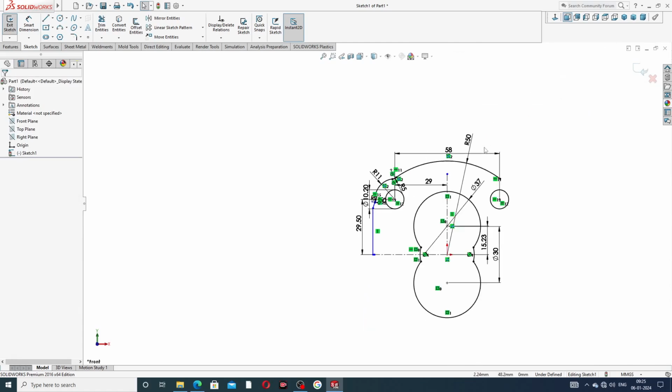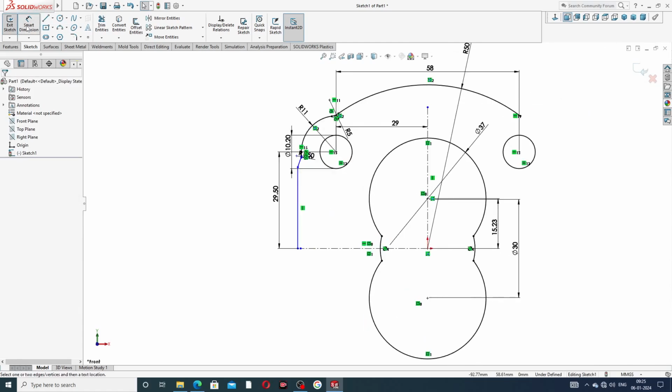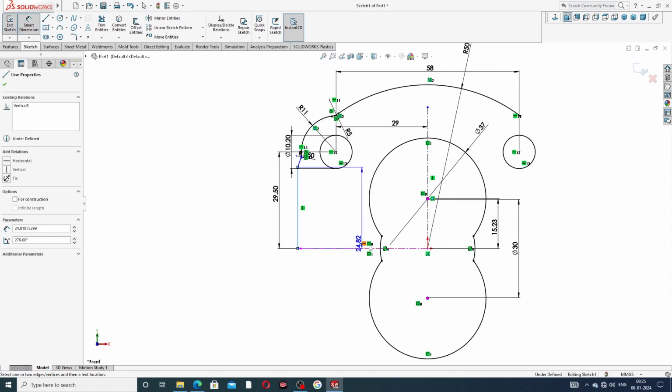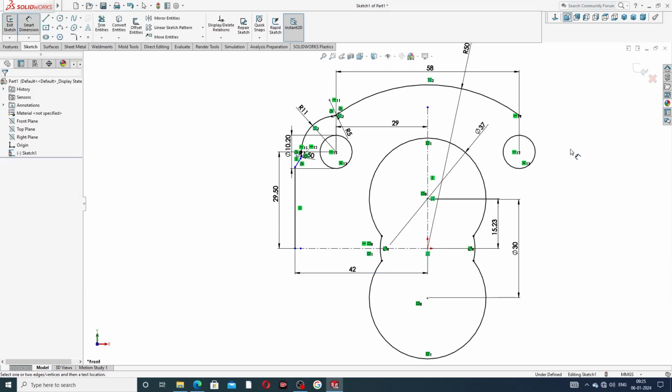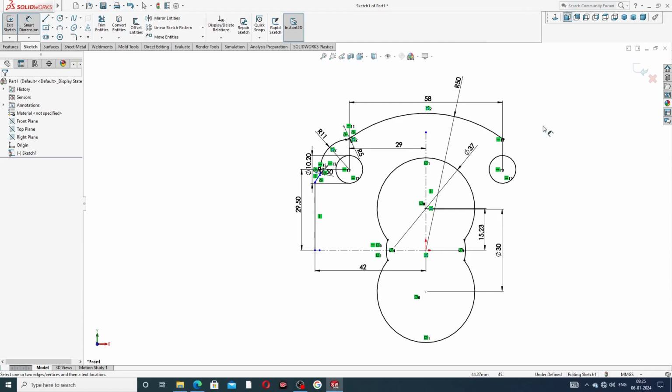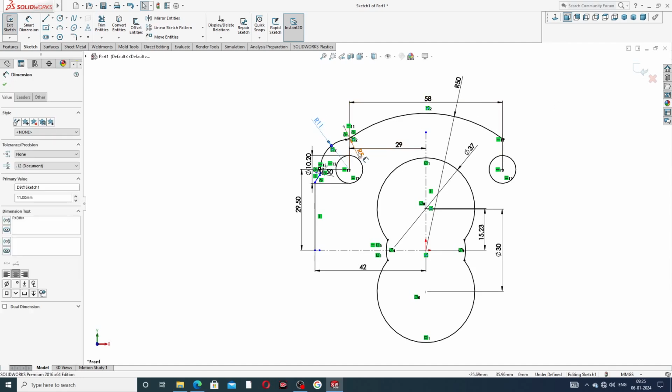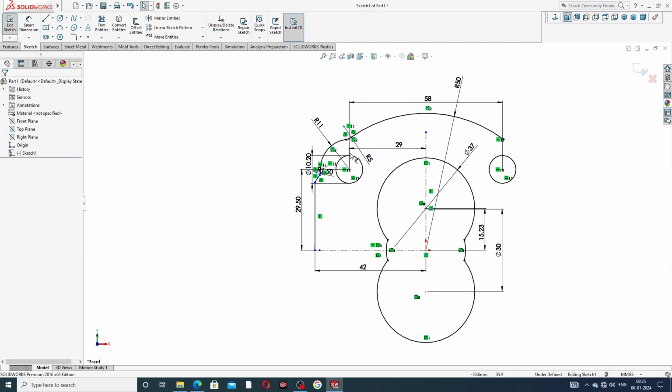Okay, and this distance is 42 millimeter. Okay, all is perfect and correct. Okay, and all is perfect. Okay, and some line is a